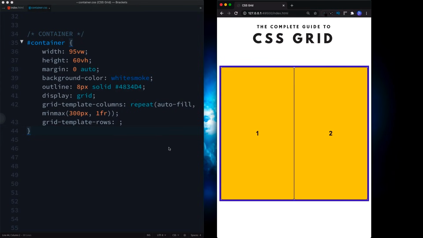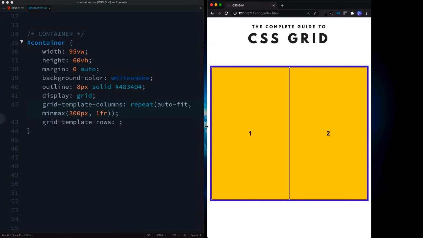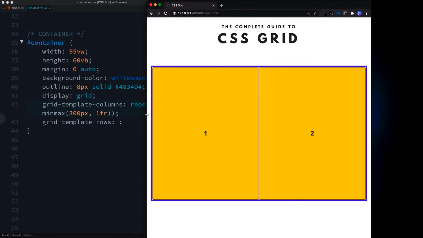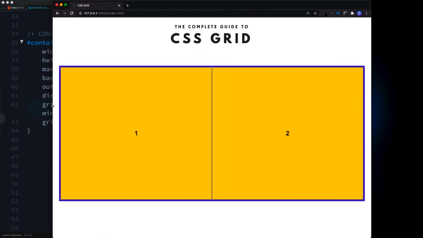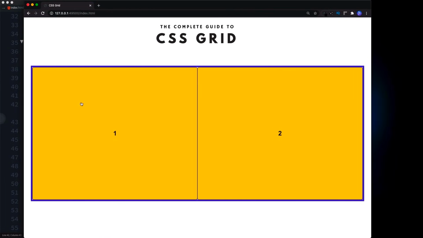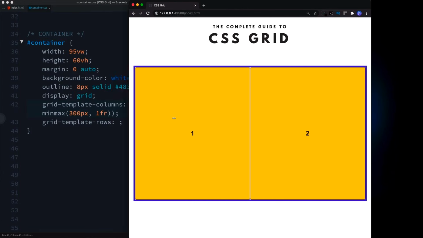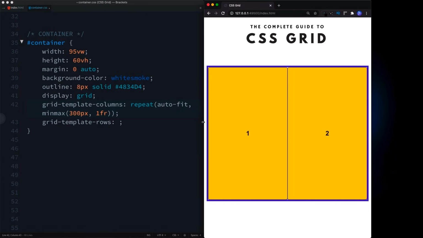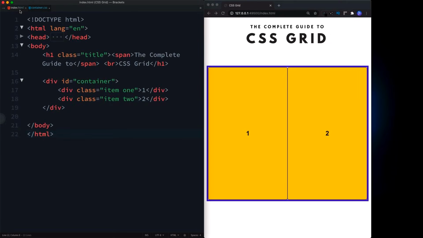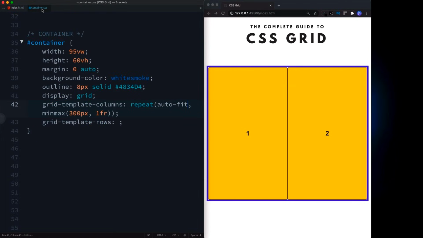Let's turn off DevTools, and let's change this to autofit. Now let's see what happens. Let's expand our container. Keep expanding, keep going, and as you can see, no additional columns are created even though we're expanding our container. Now what's happening here? The difference between autofill and autofit is that autofill creates the columns even if there are no items to fill them in. In our HTML, we've only got 2 items, but autofill will continue to create the columns even if there are no additional items that can fill them in. Autofit only creates the columns if we do have items to fill them in.